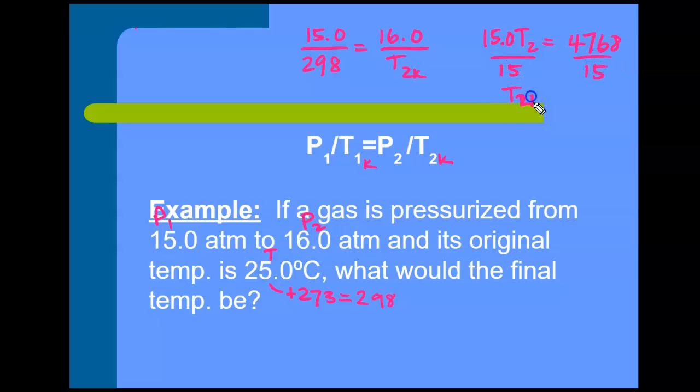This will give me my answer for T2 in Kelvin. 318 is what we're going to use. 318 Kelvin. If we change it to Celsius by subtracting 273, we will end up with 45